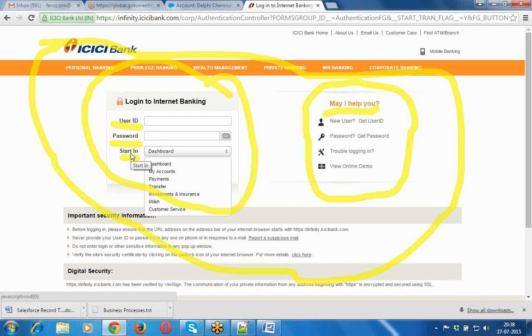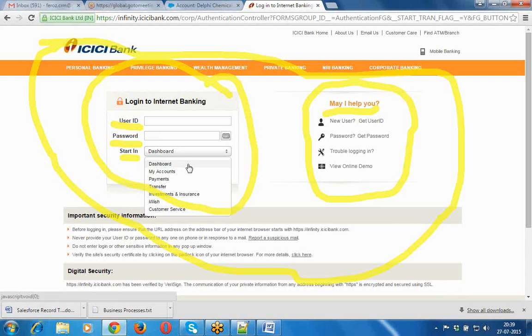So now here it is providing a separate user interface to you. This is the look and feel it has provided. It is providing a separate layout. It is providing a set of fields available like user ID, the password, and the start in, nothing but some set of pick list field values also. Now this is the look and feel that we have received whenever you are trying to log into your ICICI Bank, which is your personal account.